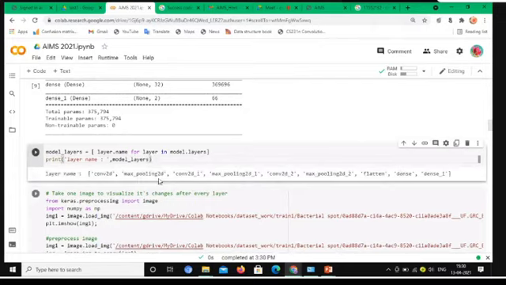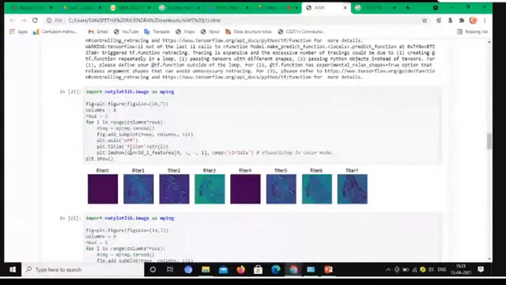So I fetch the images from my Google Drive, and this code is used to show how my model fetches the data from each layer, convolution layer 1 and convolution layer 2. Whenever we need a model, we have to train it, right? First I take the convolution 2D layer. How will it learn? I give 8 filters, so filter 0, filter 1, filter 2, filter 3. Each filter takes some part of the images.